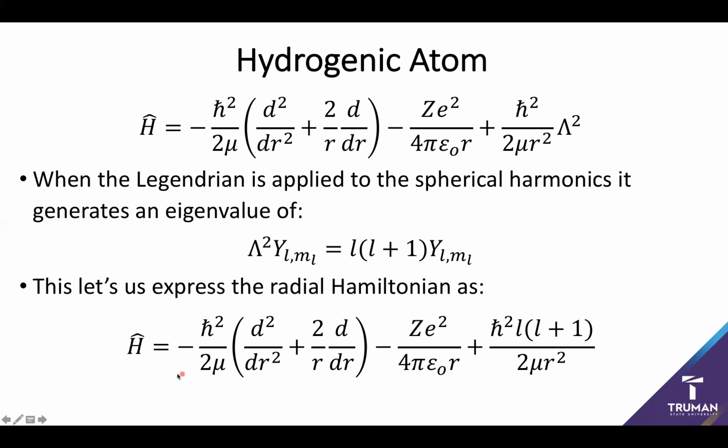I'll have the kinetic energy of the Hamiltonian, which should in net be negative. And again, another attractive component here, as the electron is attracted toward the nuclei. But I'm also going to have this fun repulsive component, as higher angular momentum is going to push the electron